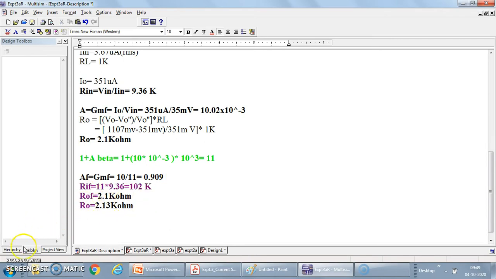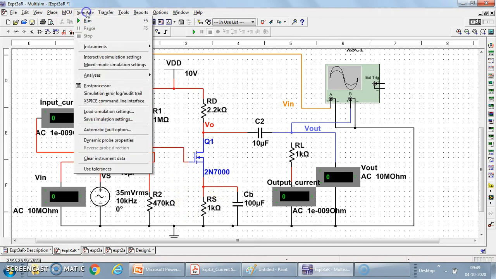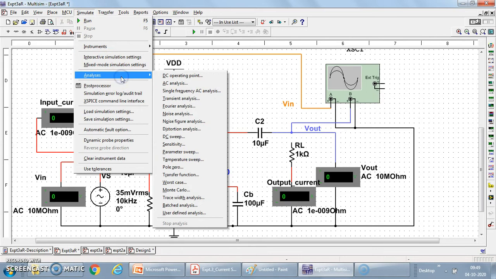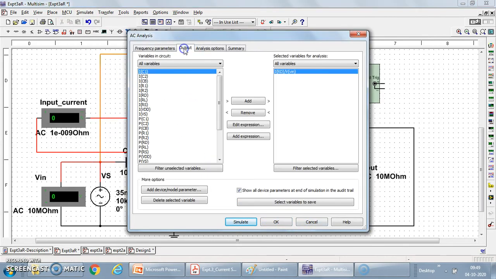It is okay. Now let us see what happens with the bandwidth parameter. We'll come back to the series circuit simulation. This is the already designed circuit, and here we'll obtain the bandwidth without feedback. This is the capacitor connected. I will go to the simulate option, analysis, AC analysis. See here also, the output parameter I have added is in terms of the transconductance parameter. I have added the expression, that is output current.